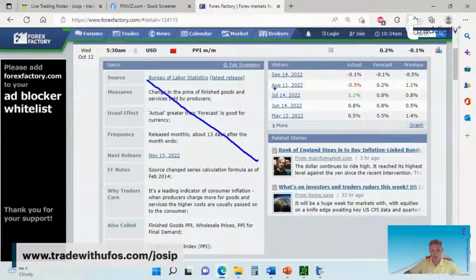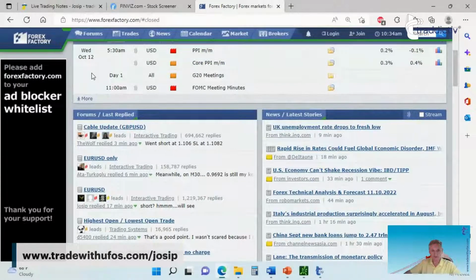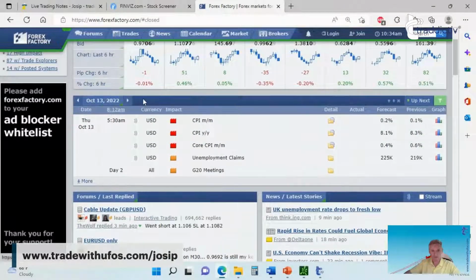Don't read all of these things. They don't matter. There's only one thing that really matters, in my opinion, and it is this one right here. If you take a moment, you will notice it says why you as a trader should care: because it's a leading indicator of inflation. So we have the PPI, and then we have another bombshell that comes up, not on Wednesday, but on Thursday.